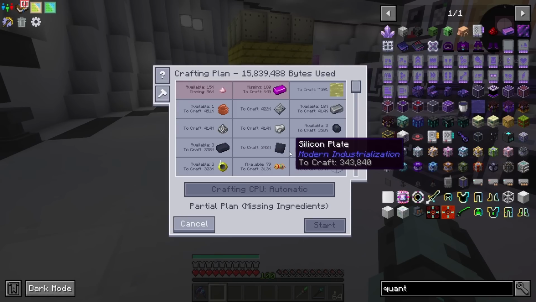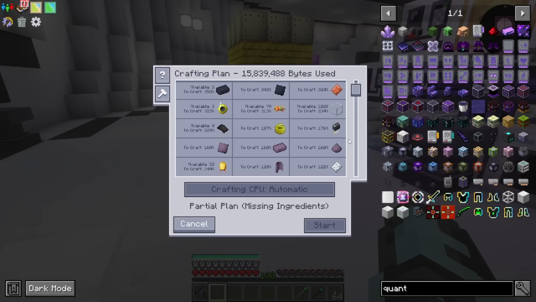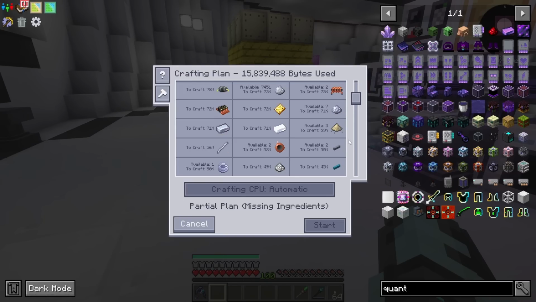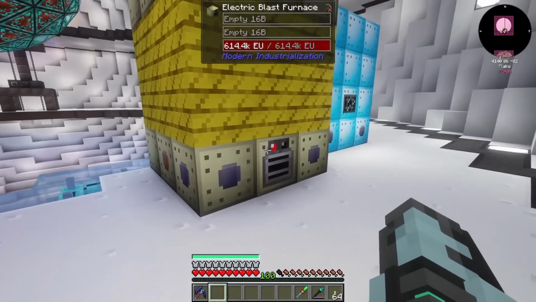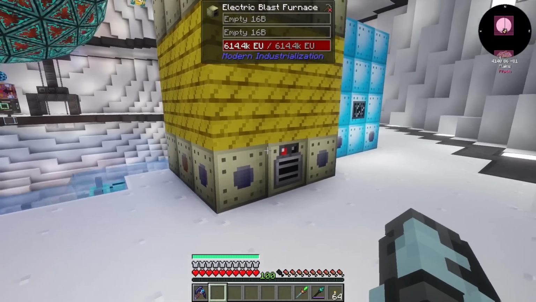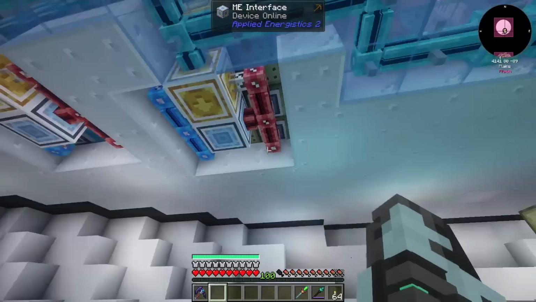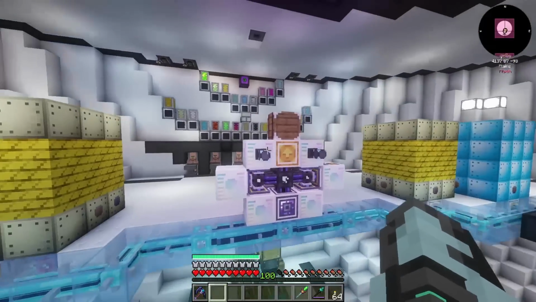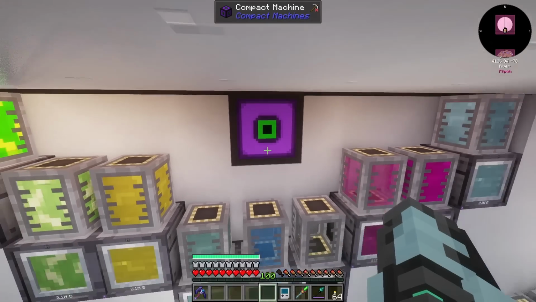Anyway, this is the amount of stuff we needed. Over nearly 500,000 of the steel right there. So 71,000 stainless steel. Now this thing here, the electric blast furnace, doesn't have any recipes in there because I've actually made a new set of electric blast furnaces. So if we pop in to our...